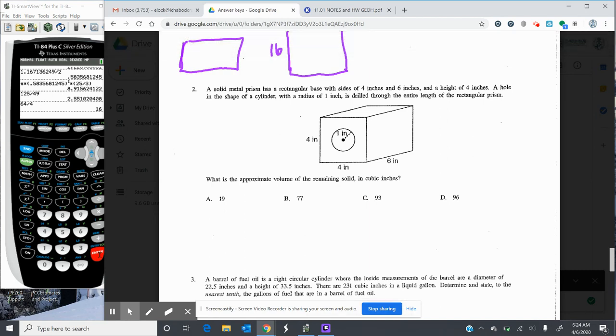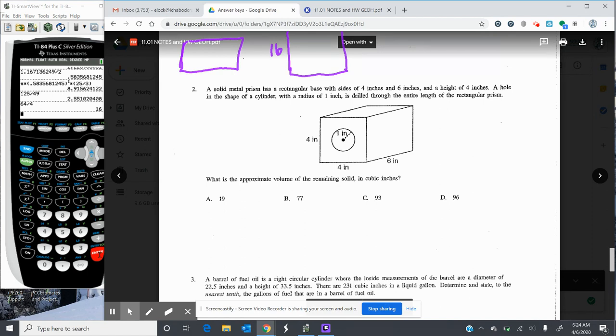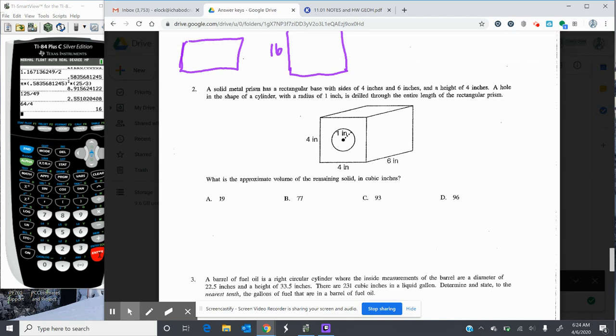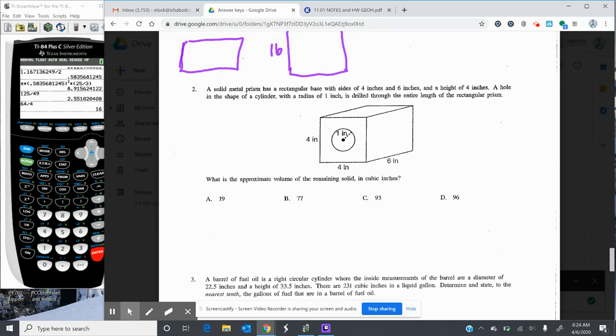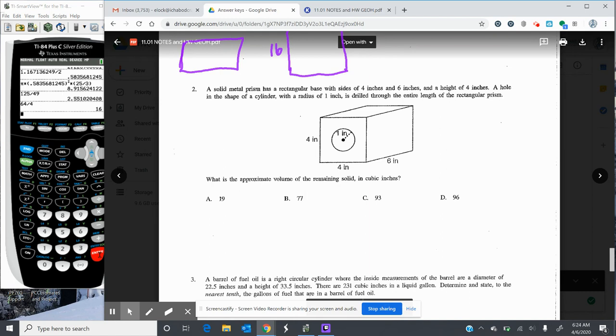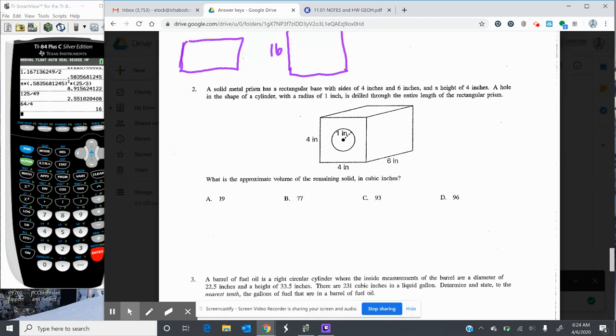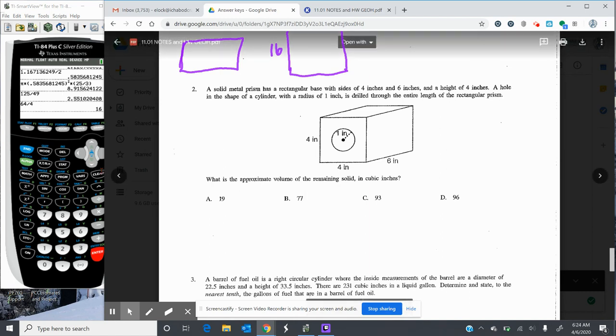A hole in the shape of a cylinder with a radius of 1 inch is drilled through the entire length of the prism. So here, if you have like a wooden block and you needed to drill through it, like the leg of a table or some kind of furniture, an end table of some sort, you need to drill through the center to have that support piece or whatever you need there. So in this case, you're going to find volume of the prism,